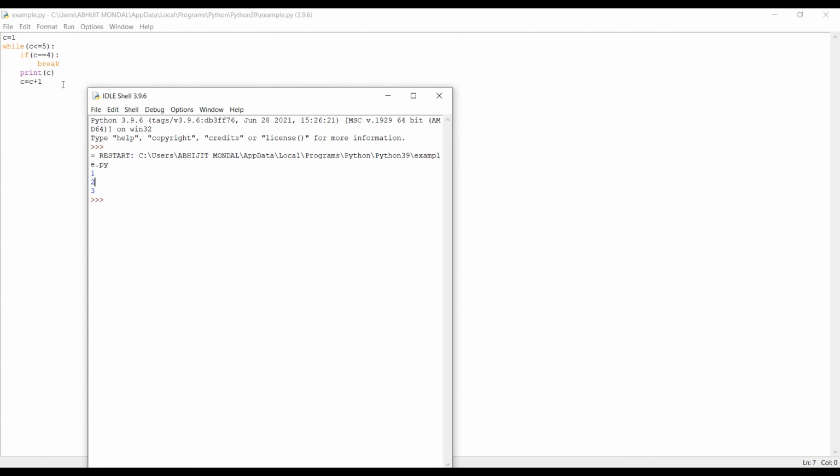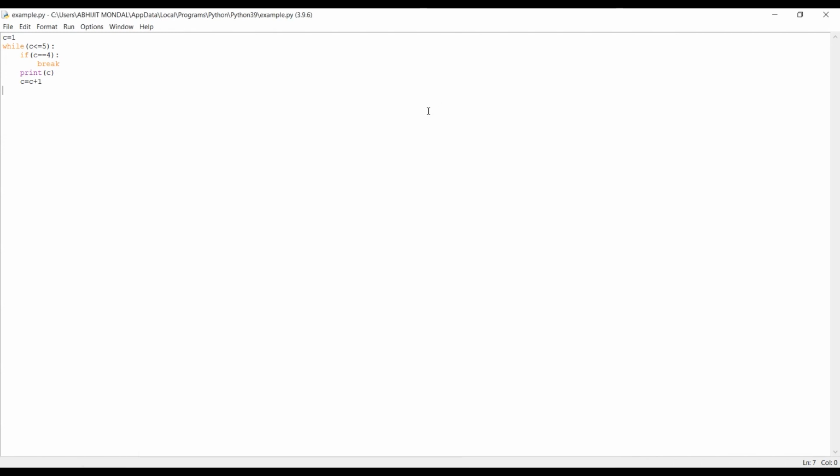Similarly, when the value of c became 4, the condition for the while loop was true, and the if condition also became true and it broke. So using the break statement we can break the looping process anywhere we want using the condition. So this was the break statement.